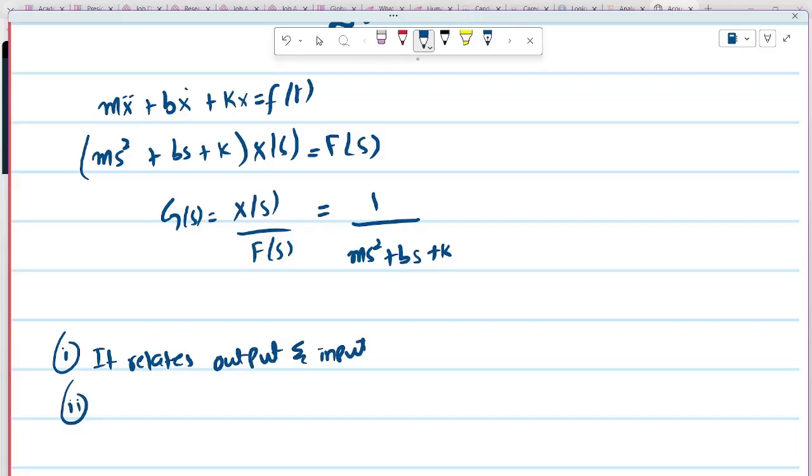It's a property of the system itself. It doesn't concern the magnitude and the nature of the input and driving function. It is a property of a system itself. So it's kind of a certain property that if you give the input value, it will tell you the output value. So if you know the transfer function of any system, you can calculate its response with respect to any input excitation. So it's a system property,